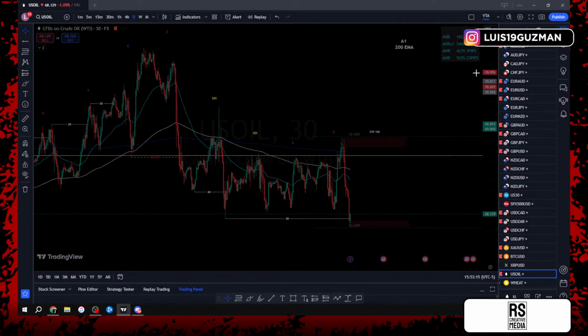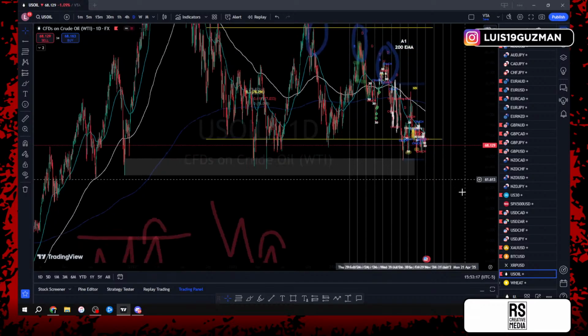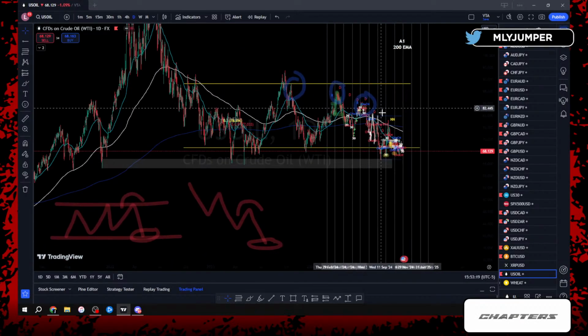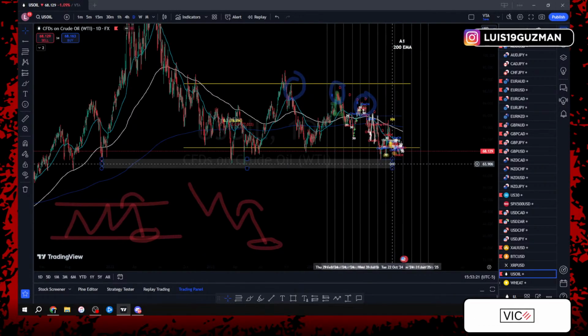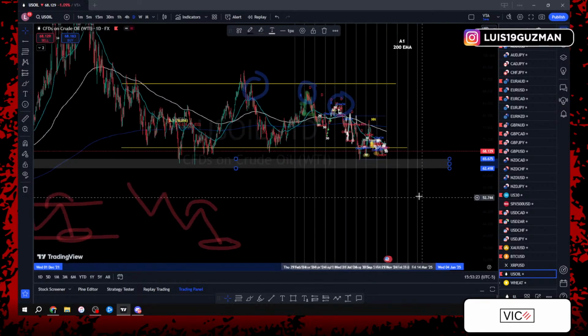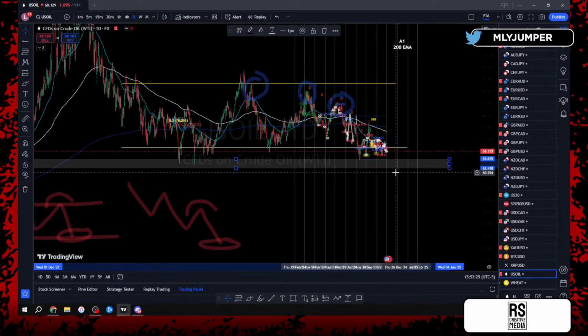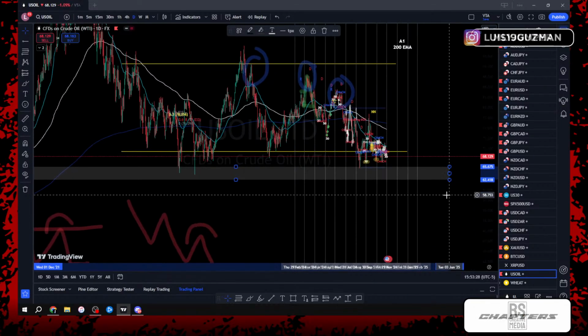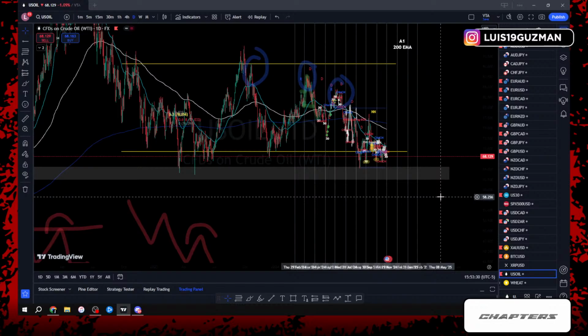Right, and we know that oil, once again, we are in A1. We're in the first zone of consolidation, looking for that second push to the bottom side. So right now, again, the confirmation that I want to see for price to continue the push down to the bottom is the same thing that we wanted to see for GU when we were looking for those longs. Same thing we were looking for on USDCAD when we were looking for those longs.